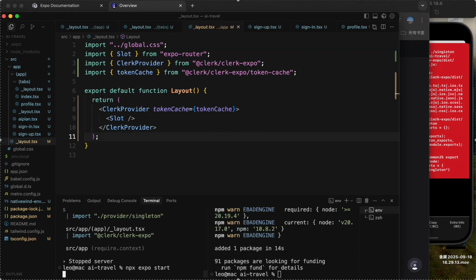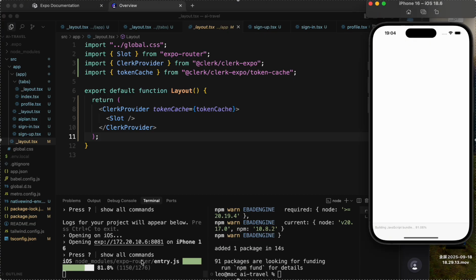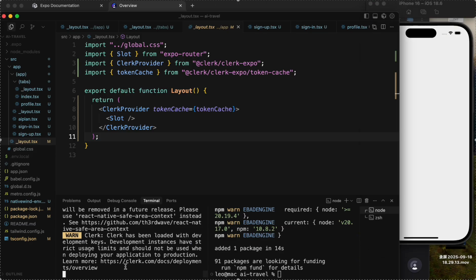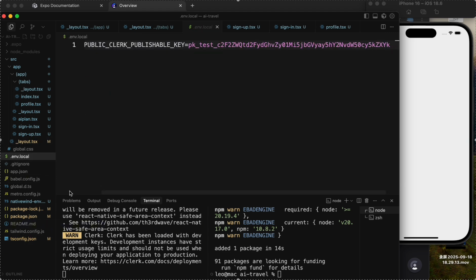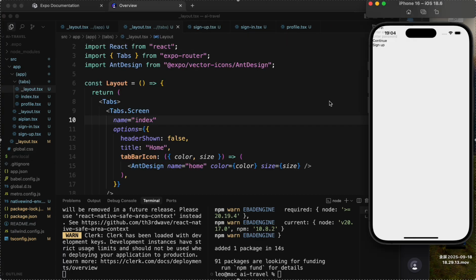We need to restart. Everything is done. So we need to restart because we added a key for Clerk. So now it's done. Sign up, sign in. That's it. So for the page,